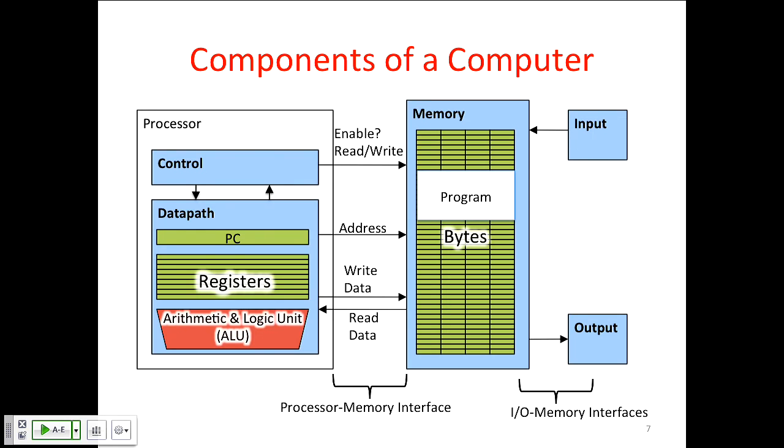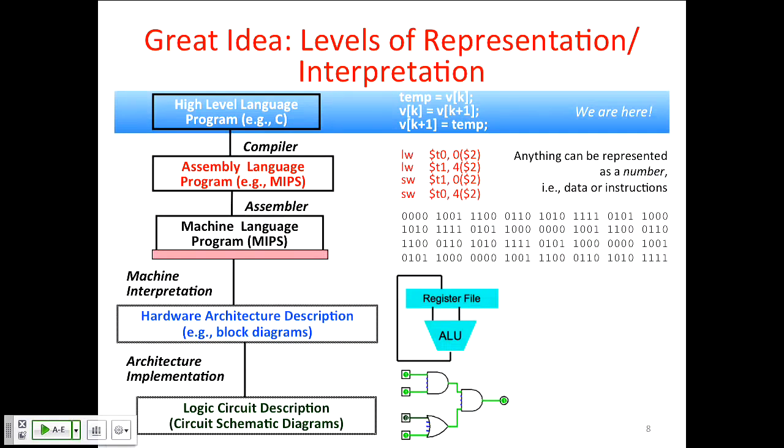Programs are just numbers held in memory. And also you have the data in the same memory pool, and you can flexibly allocate pieces of memory to program, pieces of memory to data. Okay. So this is one of these great ideas we have in computer architecture, these different levels of representation and interpretation. So what I just told you about is how programs are held in memory as numbers, strings of ones and zeros. So